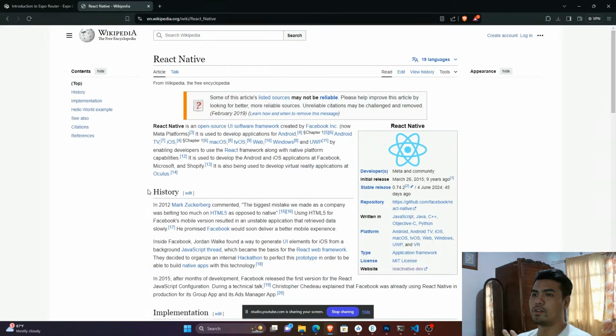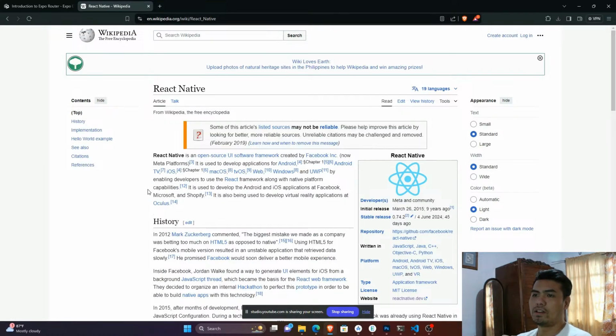Okay, let's go to Wikipedia. React Native is an open source UI software framework. So this is a framework. That means it is a tool that could help you to create your application